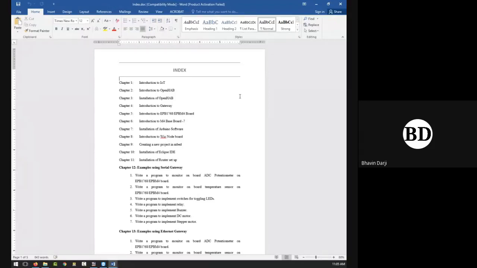And the third chapter is how to set up OpenHAB. Then after, we will introduce the gateway. In our case, the gateway is Raspberry Pi. So how to set up the OpenHAB service on our Raspberry Pi? That will be chapter 3 and chapter 4. Then after, the introduction to our kits, which is chapter 5. Then after, we are using a separate board, which we named the M4 baseboard. So that kit will be used to interface different sensors